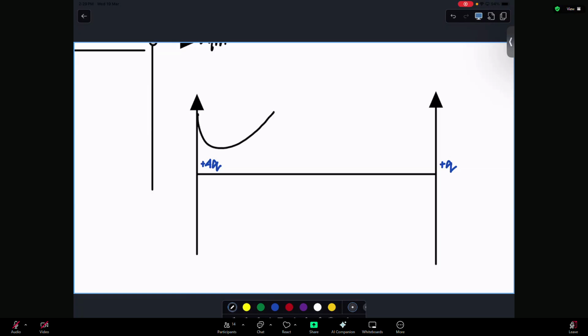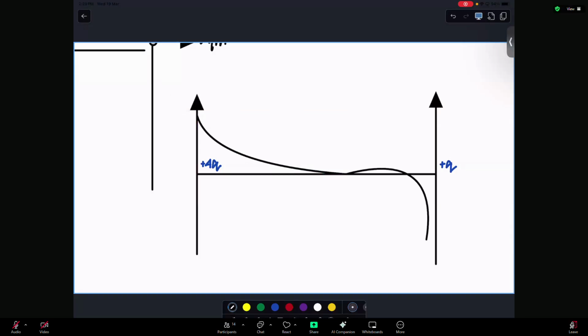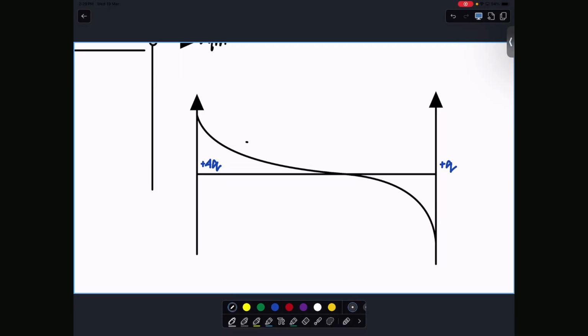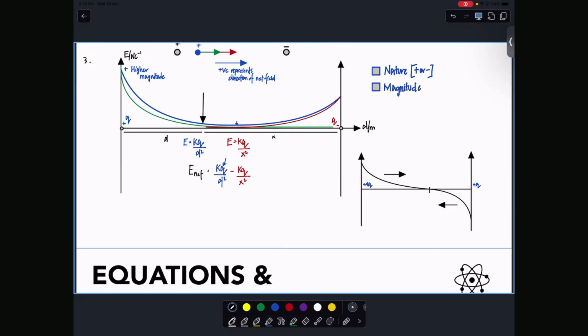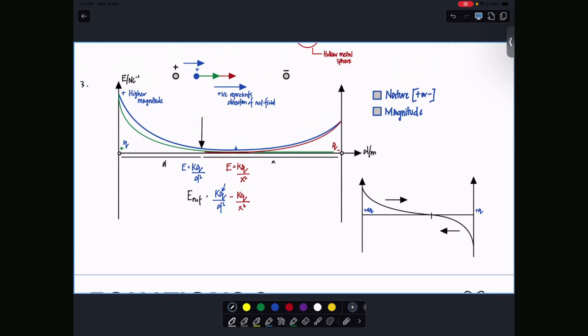So it'll be something like this. It'll cross over and go there. Crossover to key indicate that the net field direction key change. So the net field is not acting which way? The other way. Okay. So yeah, these are the two graphs that we have from electric field strength. The question